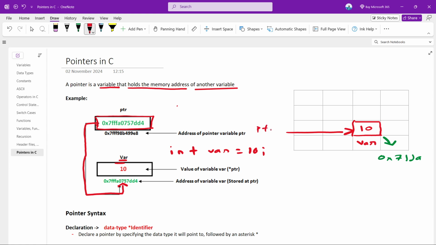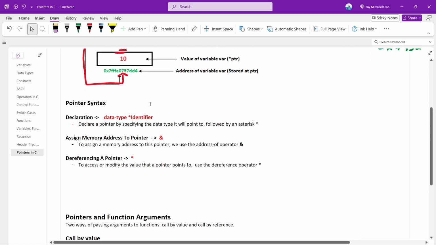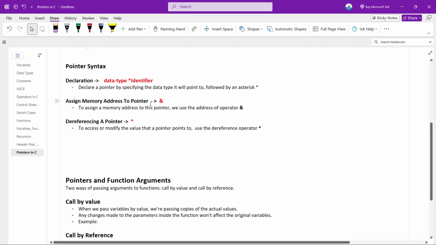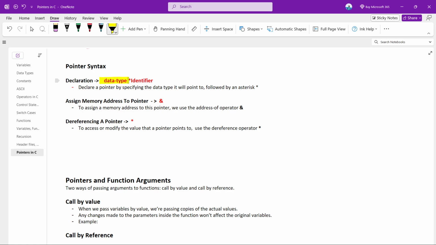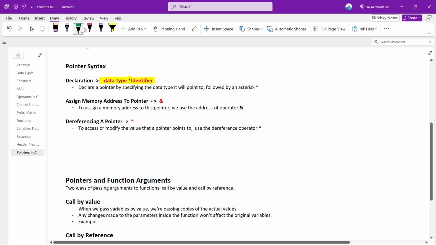Now let us have a look at the syntax of a pointer. In C programming, we declare a pointer by specifying the data type it will point to, followed by an asterisk, and then the name of the pointer. So let's say we want a pointer to an integer variable. We will write it in the following way: int *ptr. Here I have defined an integer pointer, that is, a pointer to an integer